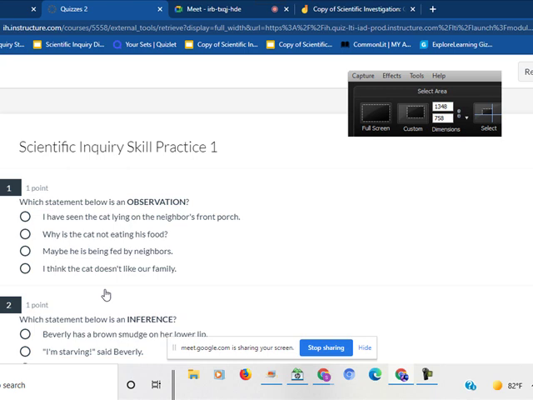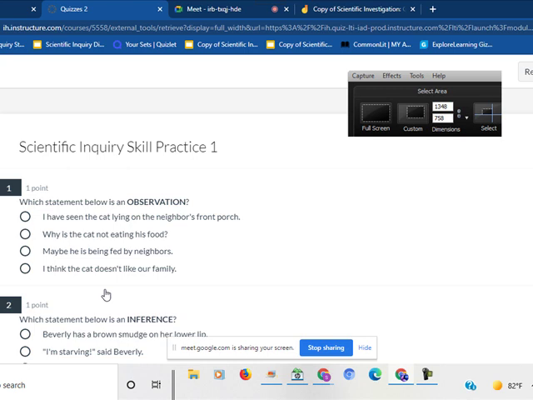Wait, hon, why is the cat not eating his food? Can a maybe question be an observation? No. Observations are not questions, so we